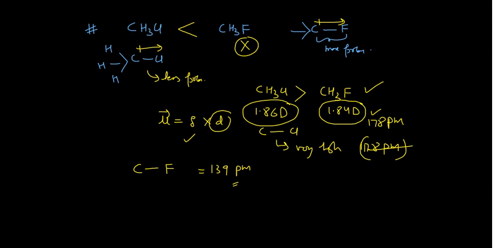The C-Cl bond moment in methyl chloride actually works jointly in the similar direction. You can write in that manner also: carbon, this is chlorine, and these are the hydrogens. The dipole will go in that direction. They are all in the same direction. The same is true for the fluorinated compound also, but bond length is actually playing the role in that case. This is something very, very important. So this is how you can explain the various things.